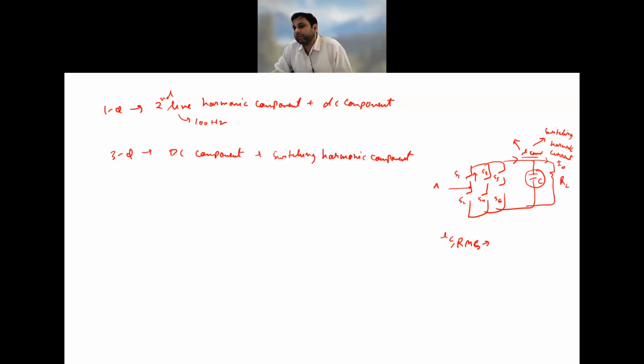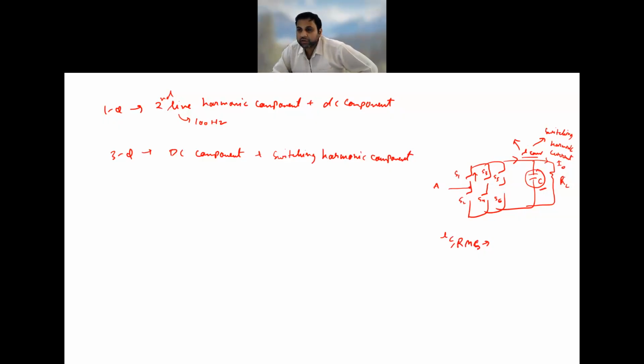So the idea of that statement is that the capacitor which you are sizing for your three-phase AC/DC converter is independent of the switching frequency. Whatever switching frequency you take, this C will not depend on it. That is why I have put in that RMS value of current, the mean value component, which is independent of the switching frequency. However, there is a switching harmonic current which will go through the capacitor, because that has to be filtered